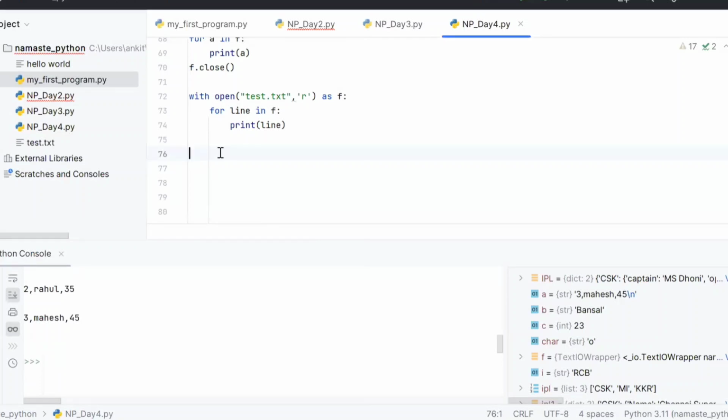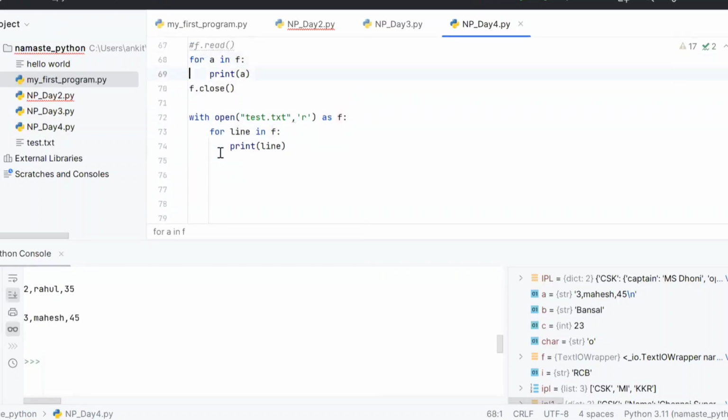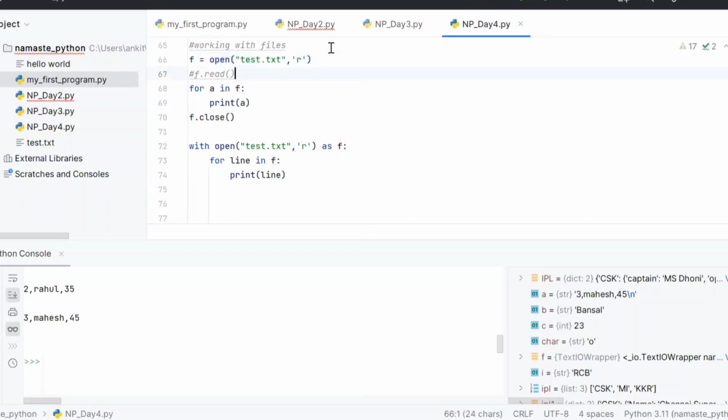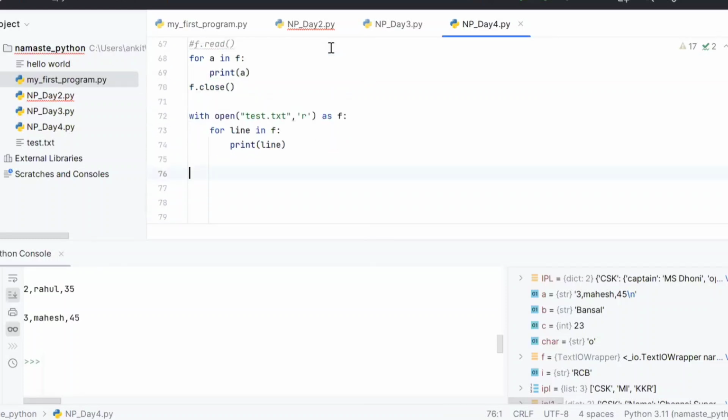Okay, let me cover the two more modes in 5 minutes, and then I will take doubts, so that other people can leave after today's session. Let's open the file in the write mode. I'll copy this again. It's called a context manager. And let's put write mode.